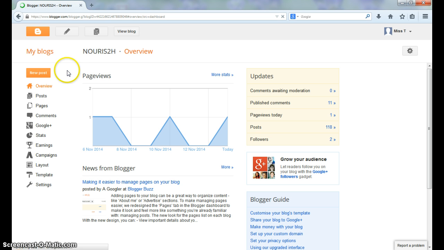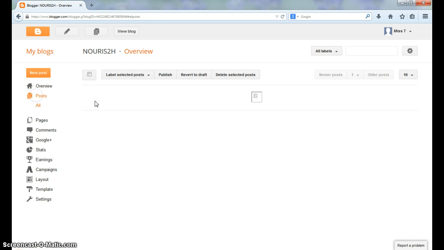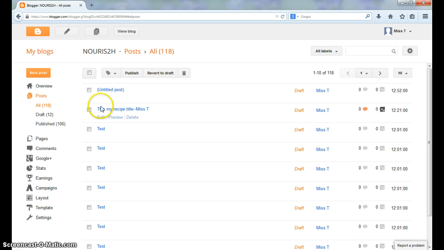So if you are just going to create a new post, you can use this new post button. If you are going to edit an old post, you will use the posts button. And this will give you a preview of all the posts and drafts that are active right now. So you see I've got some posts that are here. All of them are drafts. Now this little orange drafts tag will go away once I publish my posts. So we're going to create a new post,